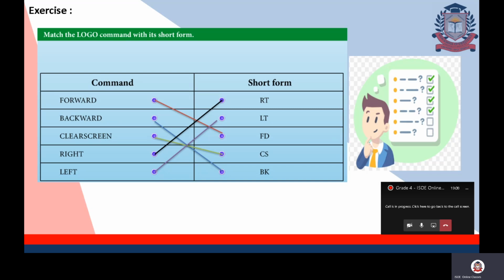Okay, to rotate in the clockwise direction, it is right. If you want to move anti-clockwise, meaning the opposite direction, it is left. It is like your hands, right hand and left hand. Okay, to move the turtle in the backward direction, if I want to come back, what is the backward? Here it is already given, it is BK. Back, that is the command we will use. Okay, you all understood, right?